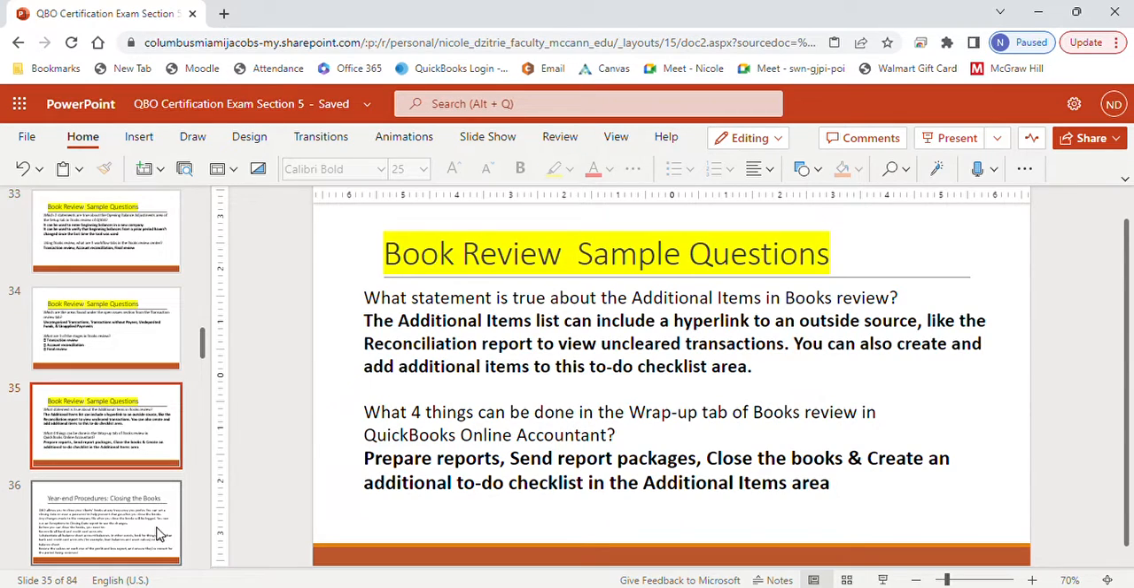So the additional items list can include a hyperlink to an outside source. One of them, their example was a reconciliation report. So I said you can have a hyperlink to an outside source like the reconciliation report to view uncleared transactions. If you're doing that reconciled section, you might have that link to that report. And then also the second thing that they talk about is you can also create and add additional items in